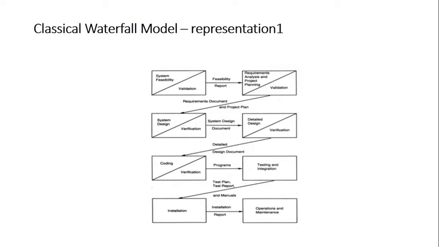plan document. Then comes system design, where we get the system design document. In detail design, we get a detail design document. After coding we get source code or the programs. After testing and integration, where we have several types of testing, the first one is unit, and then integration and system testing, we get the test plan, test report and error report, right? A few manuals also. Then after installation we get an installation report, and then it comes under the operational phase and maintenance is called for. So this is how we have represented the flow.